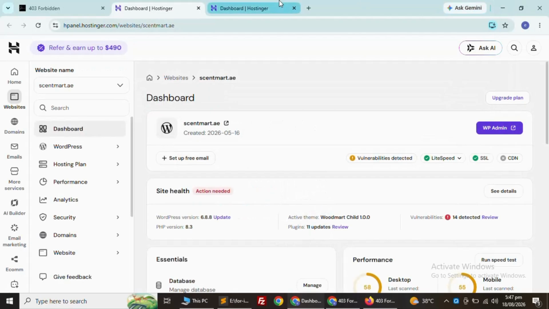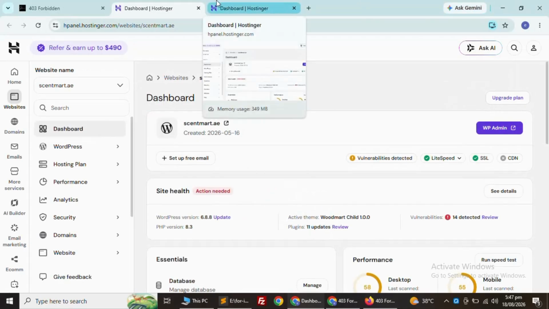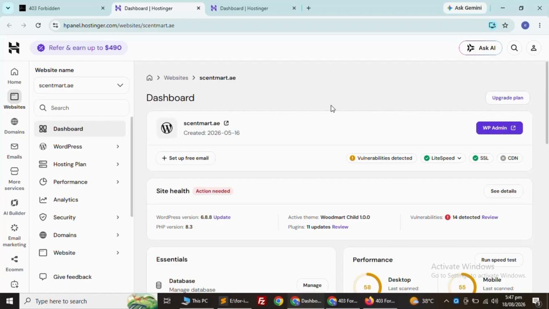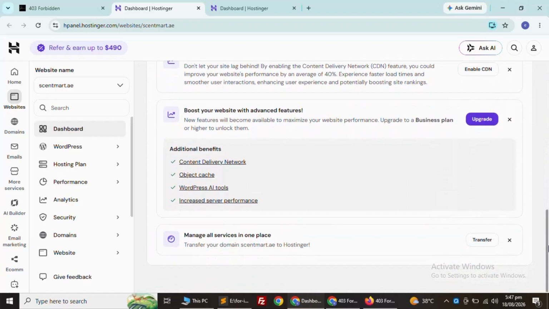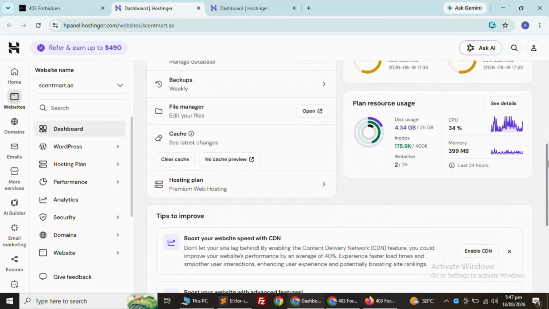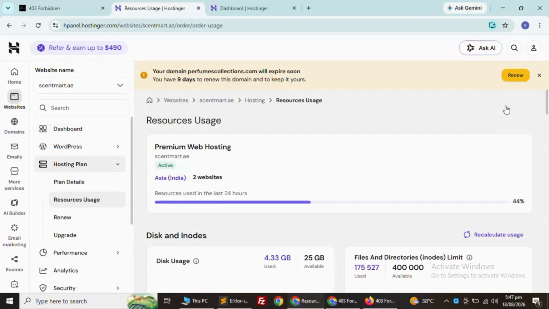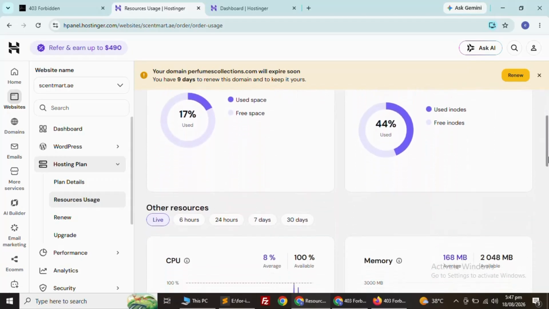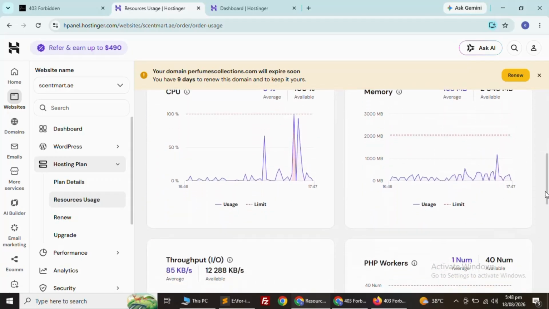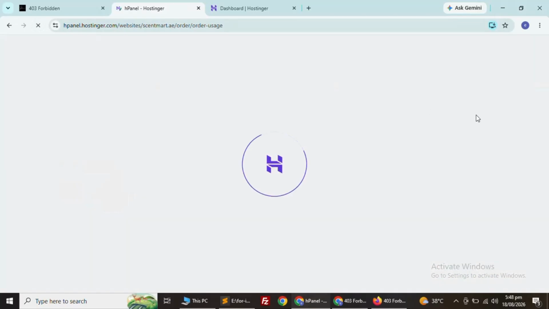So first of all, to solve this error, if you have hosting or cPanel, you can go to that and see your details, where resources usage. As you can see, here are the details of the resources. So in this, a little more,